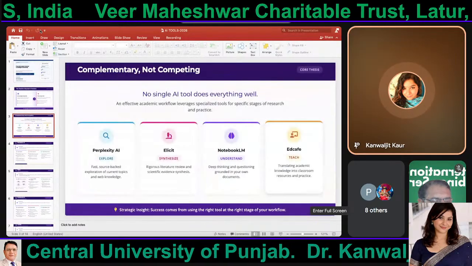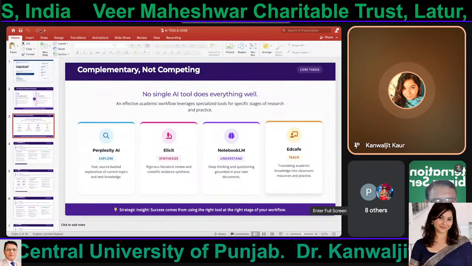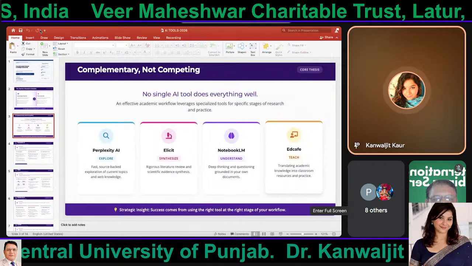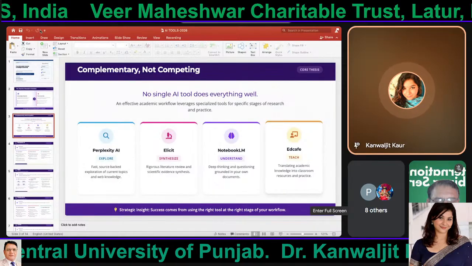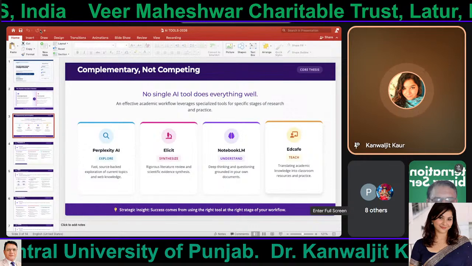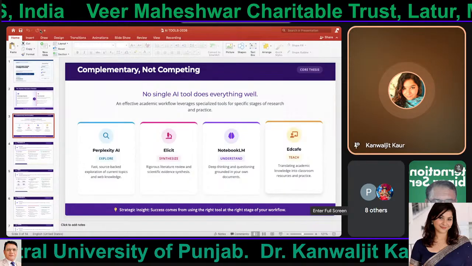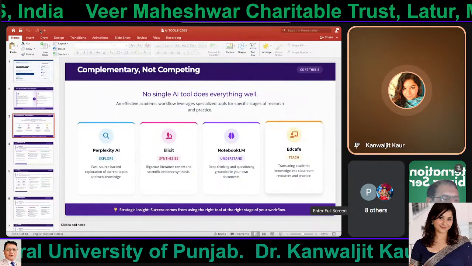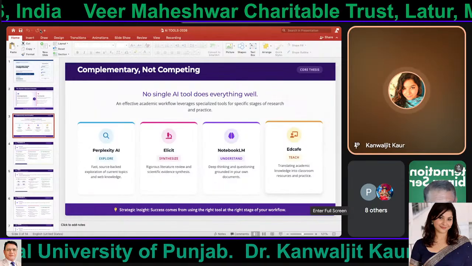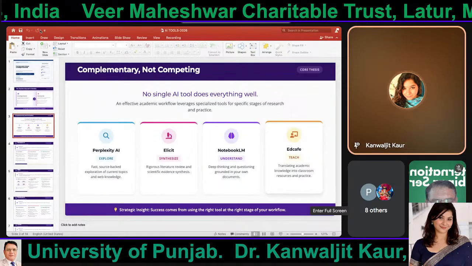So I am discussing 4 tools, and I always give you one key point here: no single AI tool does everything. मतलब हर एक एआई टूल आपको सब कुछ नहीं देगा, इसलिए हर एक टूल की अपनी अपनी खासियत है, अपना अपना लिमिटेशन है. तो इन दिस 30 minutes लेक्चर I just want to tell you कि इस एआई टूल में क्या है और इस टूल में क्या नहीं है, कौन सा टूल आपको कब यूज करना है. If you want to explore, मतलब आपको सिर्फ ये देखना है कि इस करंट टॉपिक पे